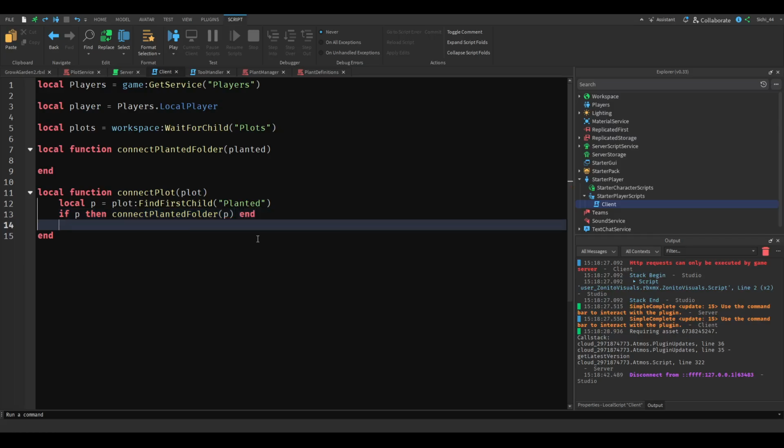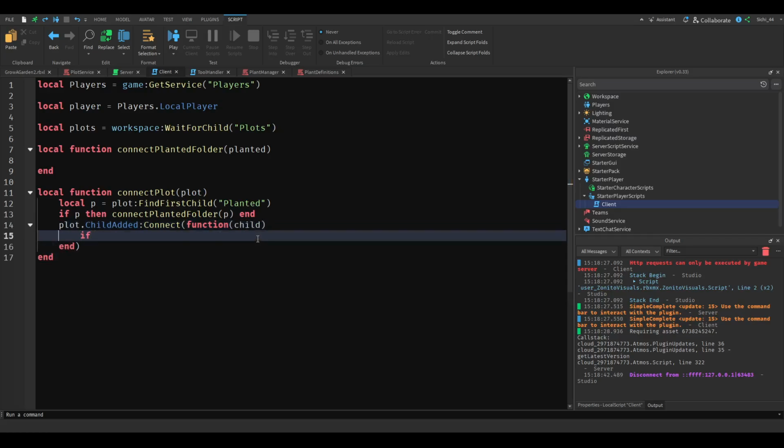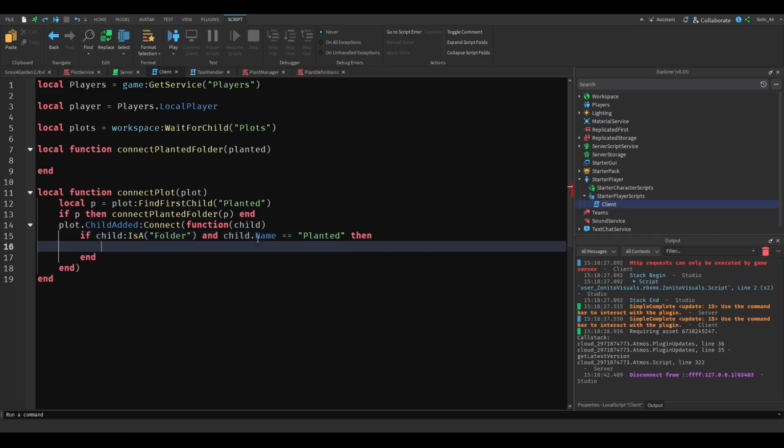And then plot.ChildAdded connect, function is going to be child. And then if child is a folder and child.Name is equal to Planted,